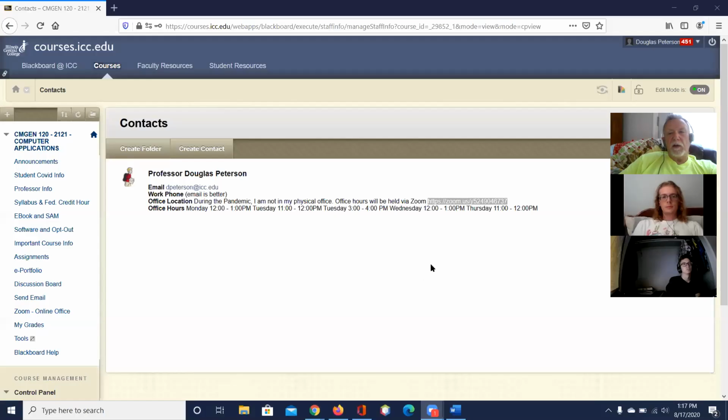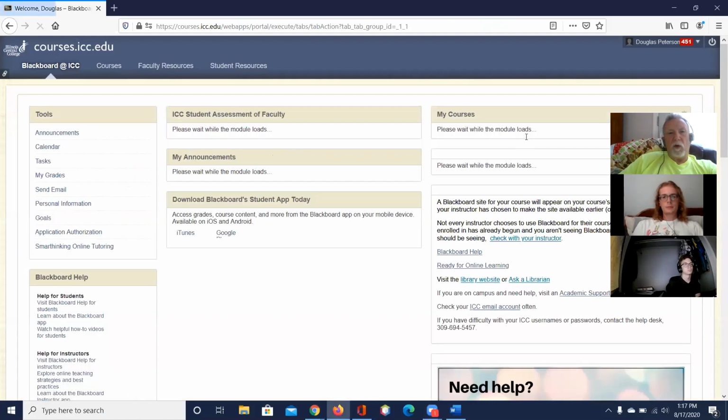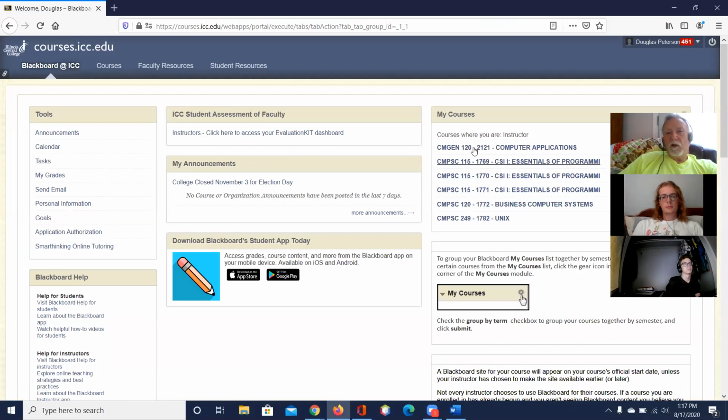So I am going to share my screen with you guys right now. And you'll see if you ever do this that you can share one application if you don't want us to see everything you got turned on, or you can share your whole screen. And I'm just going to share my whole screen with you guys. I don't have anything to hide. And you should see, so my Blackboard, when I log in anyway, looks something like this. You guys seeing this?